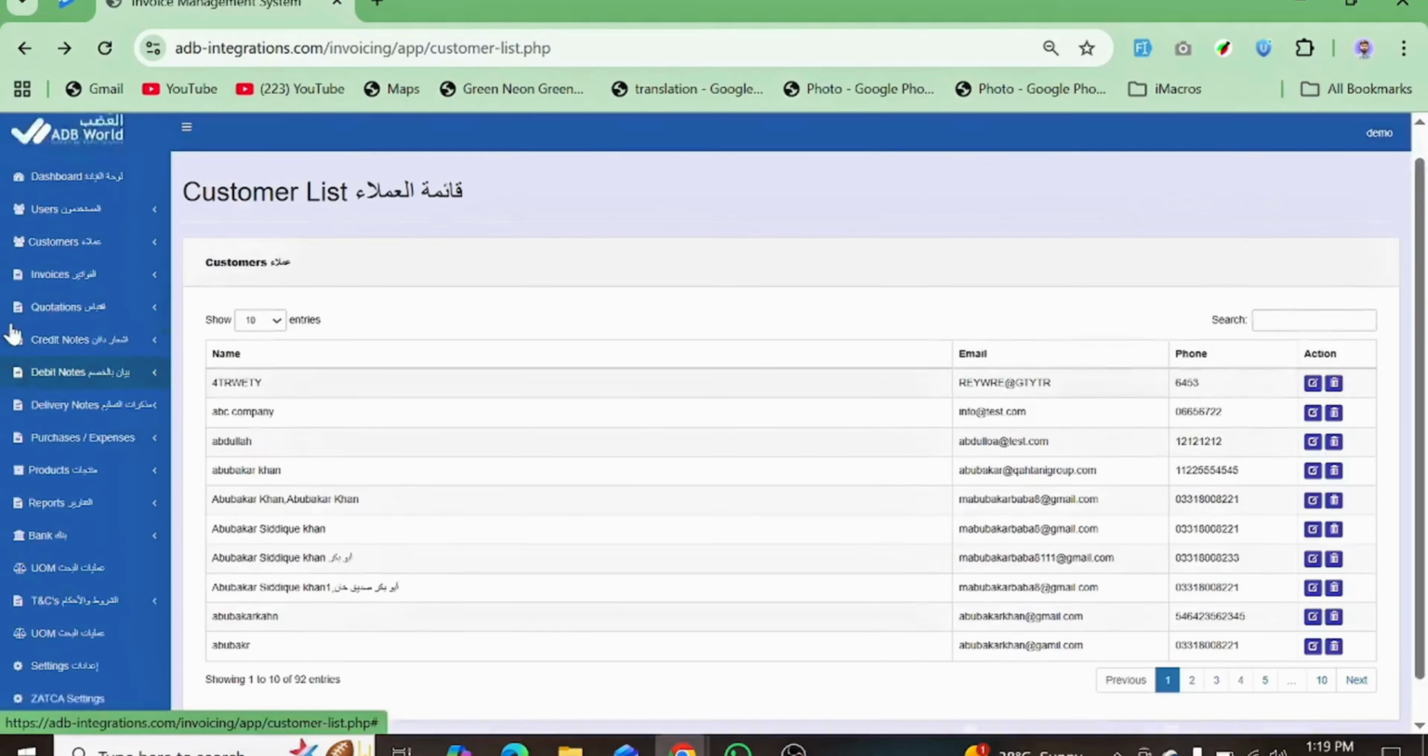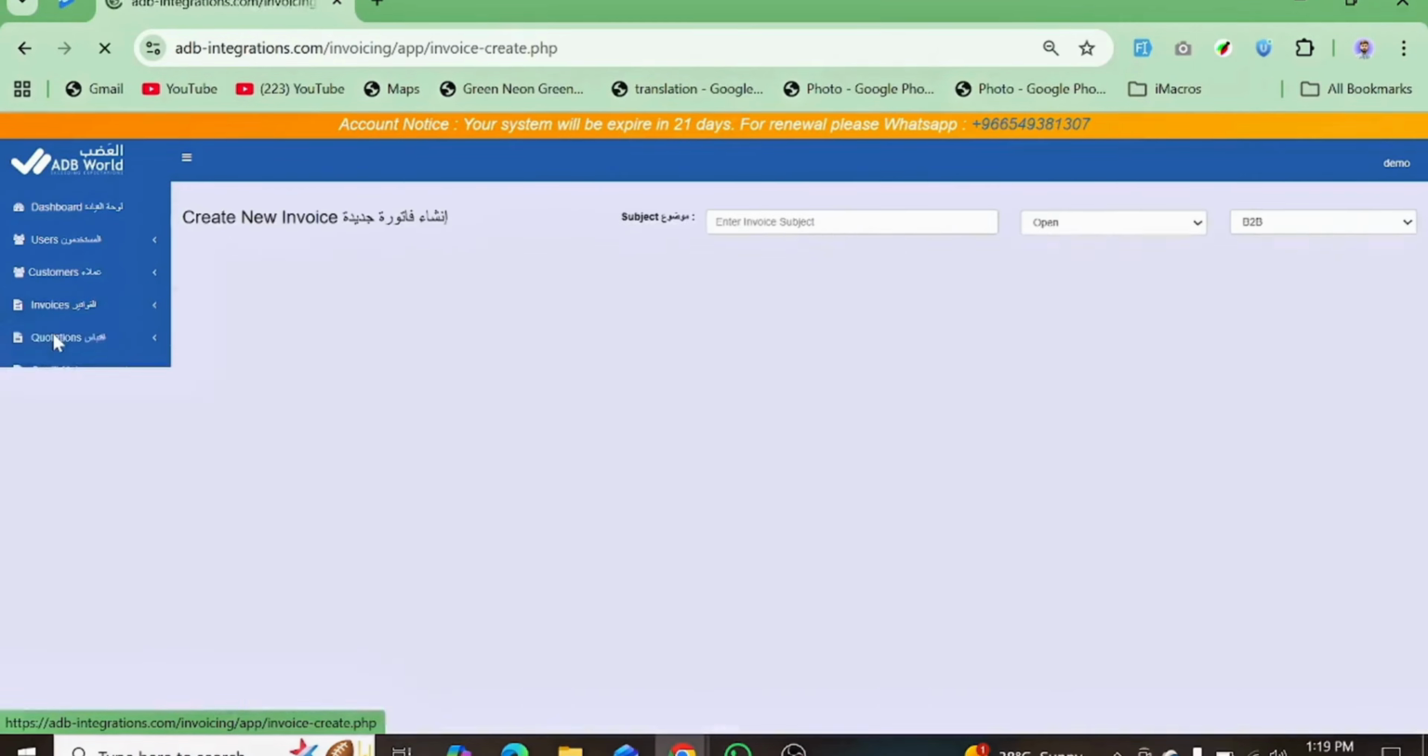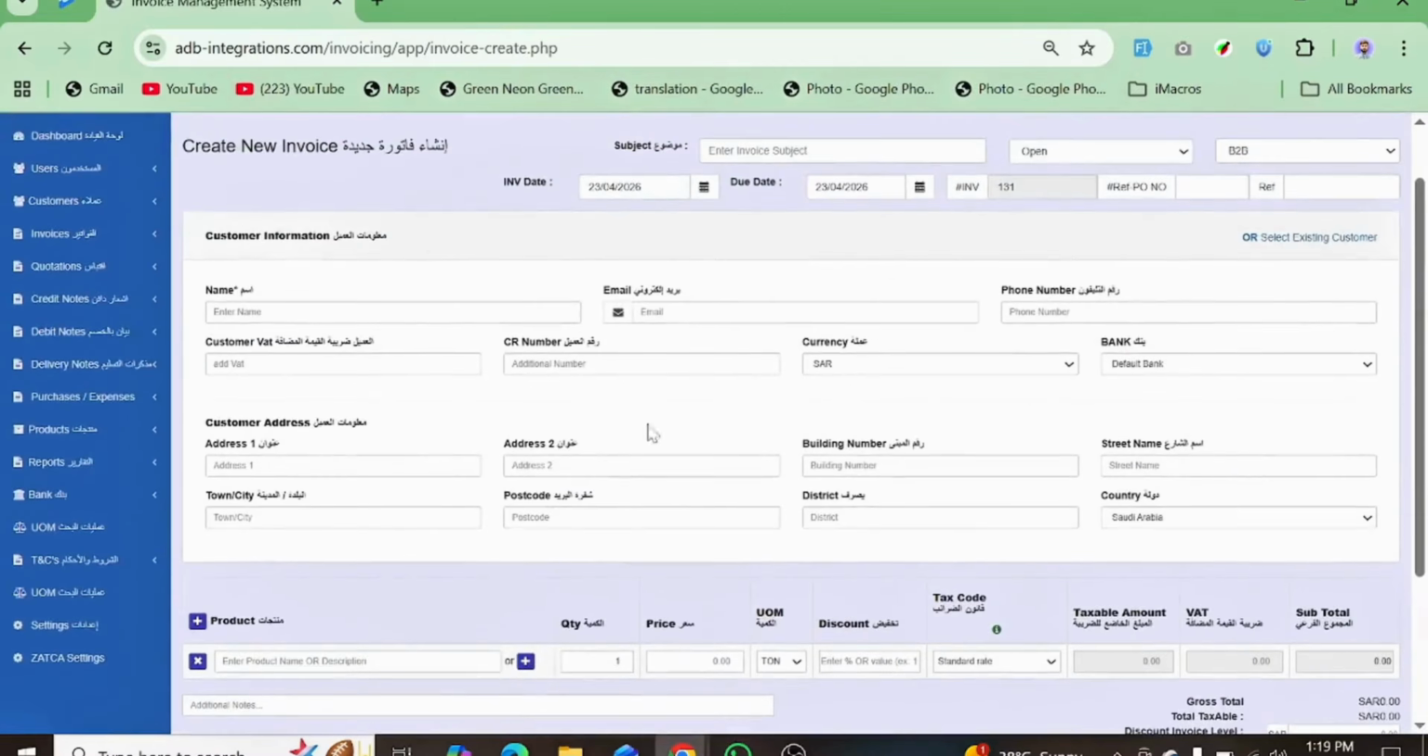Now moving on to our main module, Invoices, which is integrated with ZATCA. If you're from ZATCA Phase 2, you can share your invoices live to ZATCA from here. Click on Create Invoice, and now you have to fill out your customer information, including the products that you want